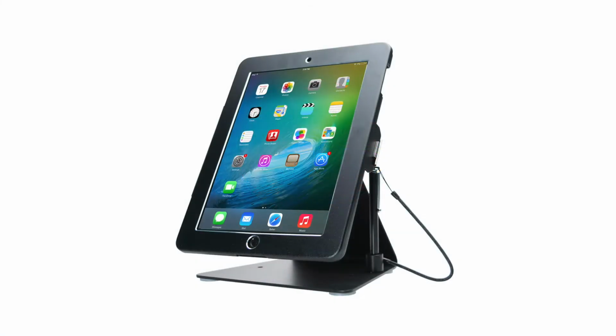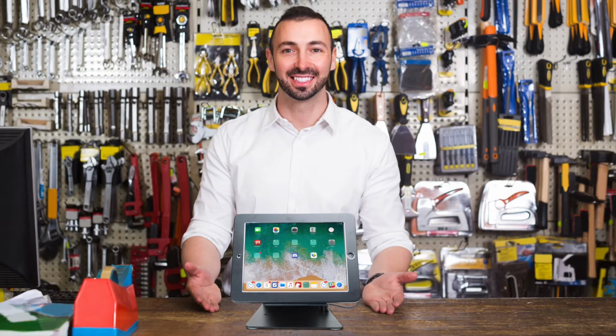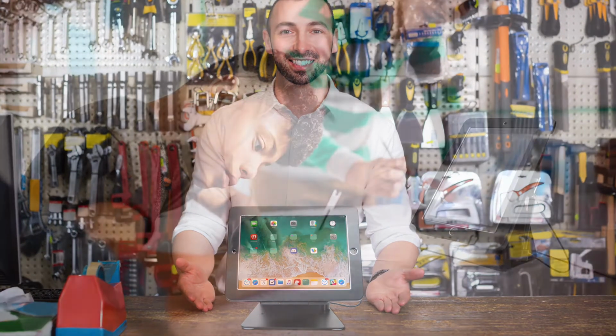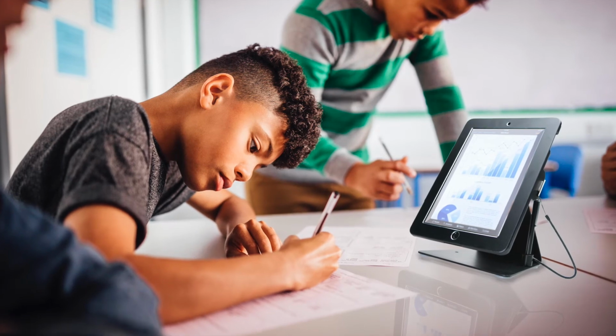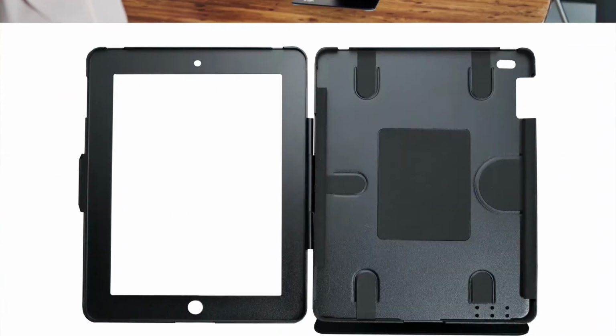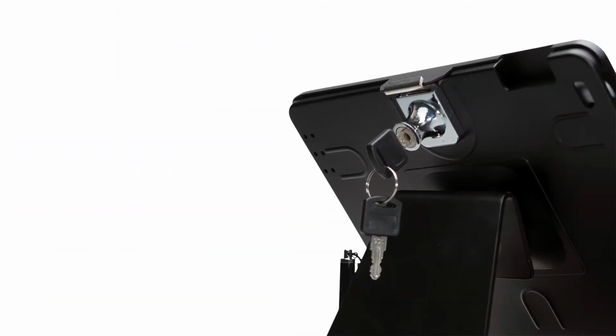Build a streamlined, secure workstation for your iPad with CTA Digital's desktop anti-theft stand. This stylish aluminum enclosure brings simplicity, functionality, and theft protection to your workspace, making it a perfect fit for classrooms, conference rooms, retail points of sale, and more. The hinged tablet enclosure cradles and protects your tablet, locking it in with included keys, and rotates a full 360